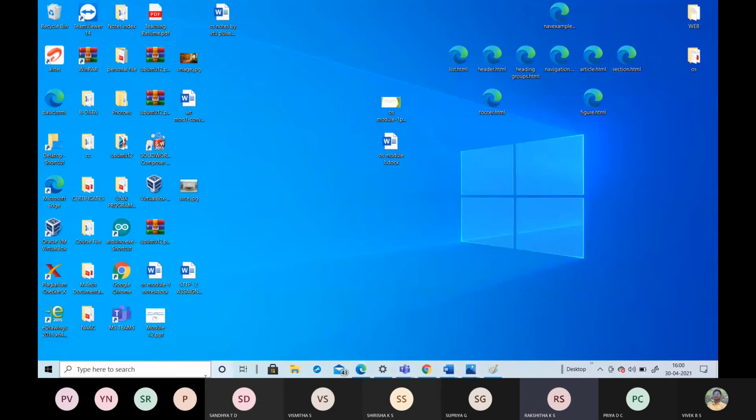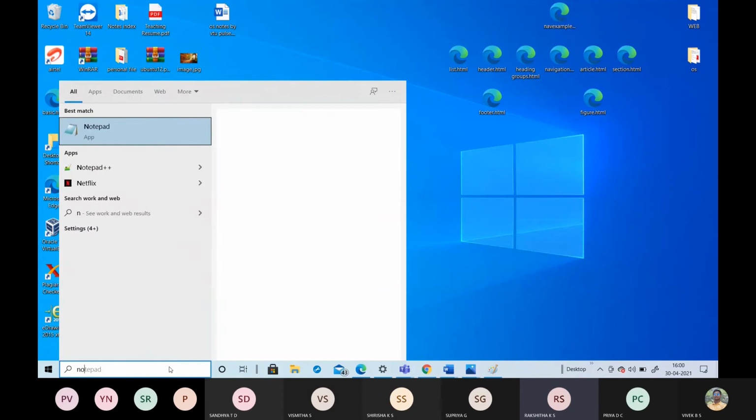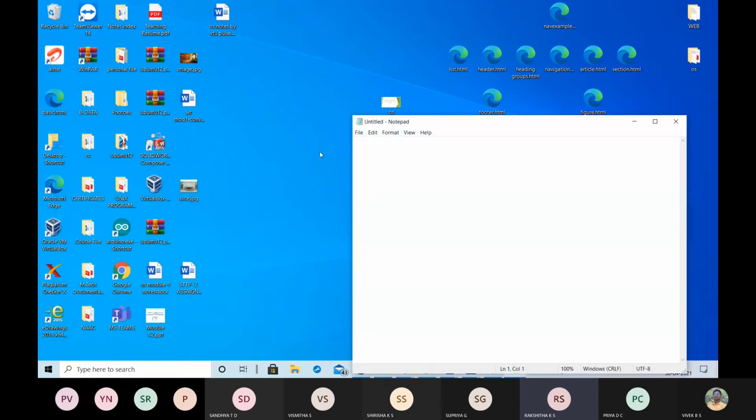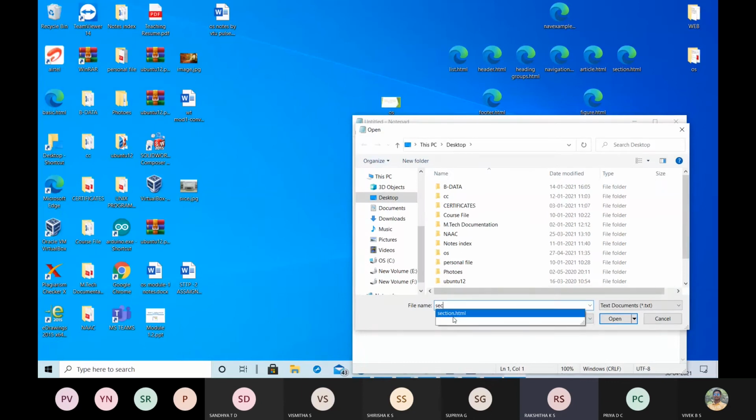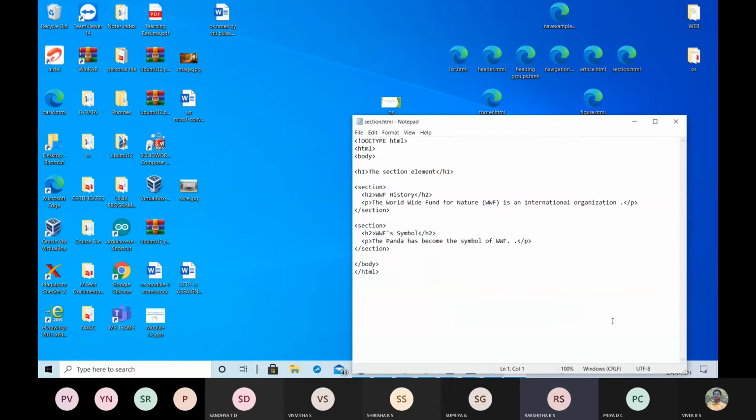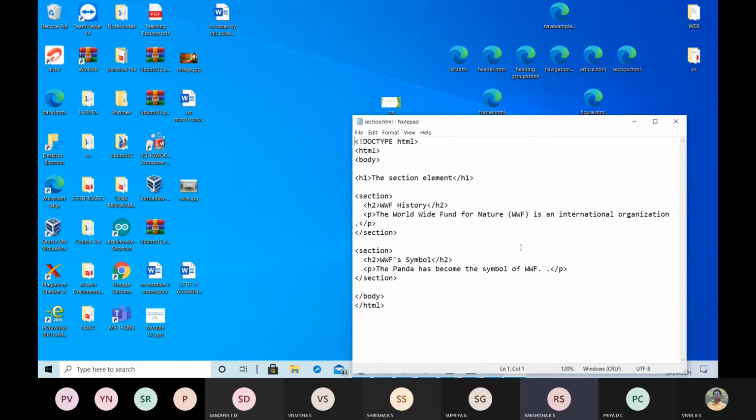Section.html. Here, this is the program for the section.html.